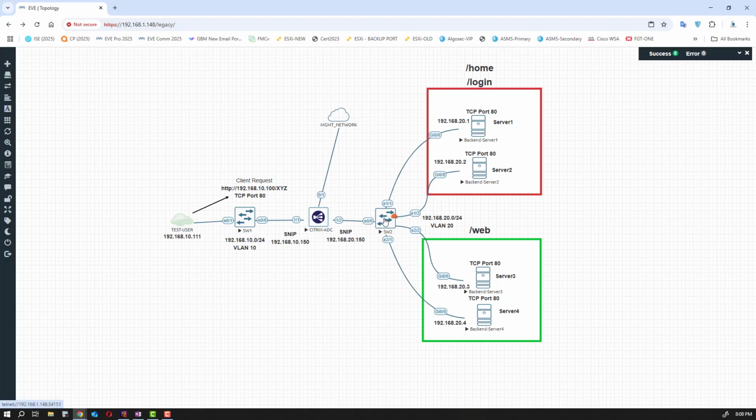They're connected to a switch. All of these ports are access ports. This port is a trunk port going toward the Citrix ADC. We have an SNIP configured here, so whenever the Citrix ADC talks to these servers, it's going to be talking via this SNIP. As it's an inline mode or two-arm deployment of a load balancer, the request is going to be coming in from